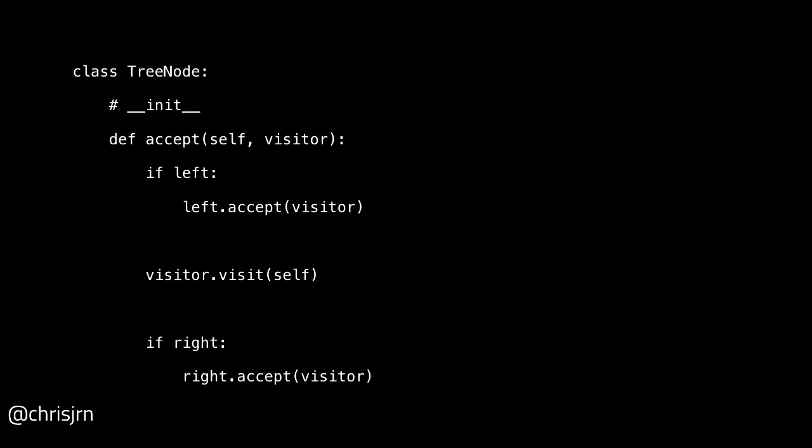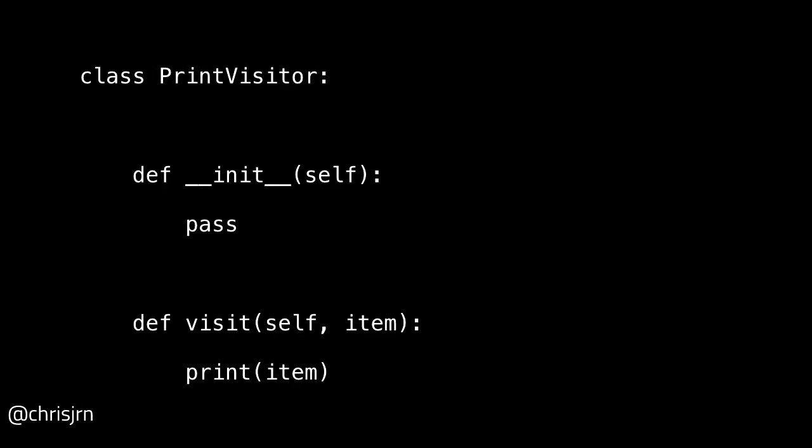And so if we're implementing the visitor pattern, we have a method that accepts a visitor operation. We've called it accept here. And that visitor operation makes sure that every element gets visited by the visitor, sort of by going down the left side and then looking at the current item and then going down the right-hand side of it. And a visitor will look like this. It has a method that accepts an item, and it has a way to perform an operation on it.